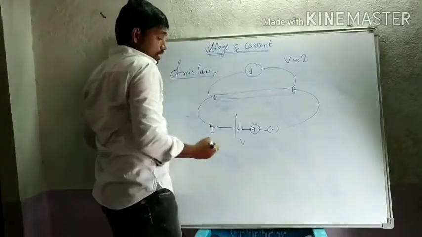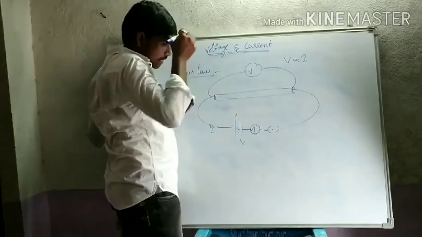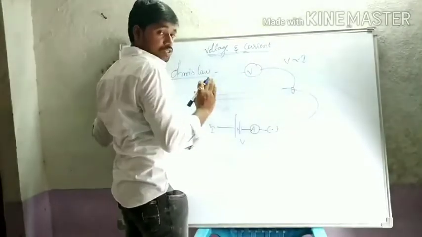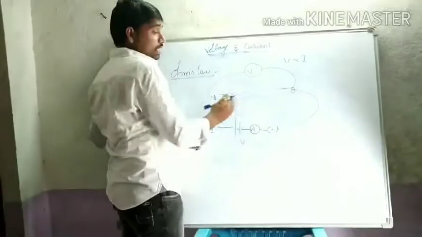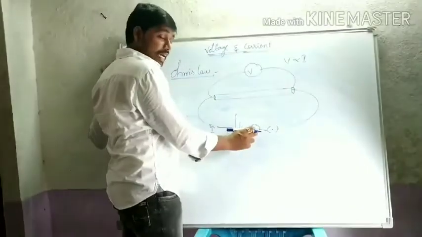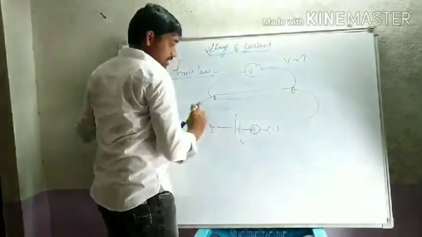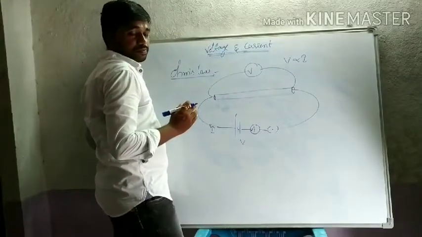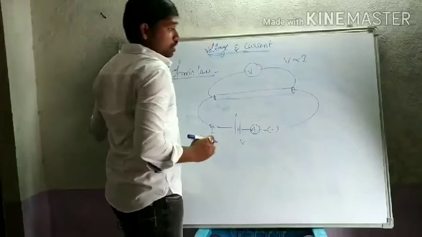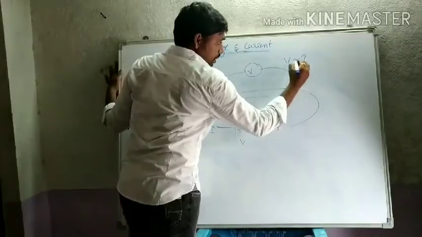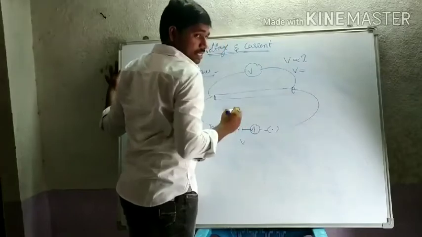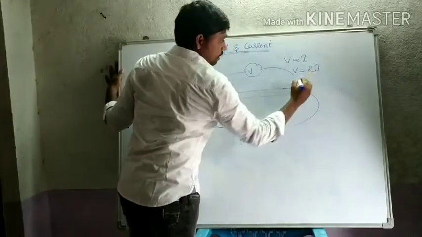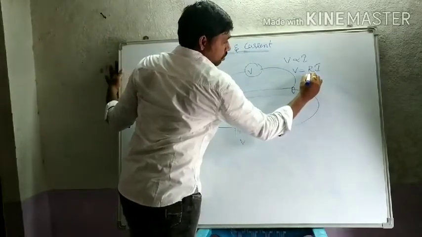So here the ammeter is used to measure how much electric current is flowing through the conductor, and the voltmeter is used to measure the potential difference across the conductor. The ammeter is always connected in series with the circuit. The voltmeter is connected in parallel to the circuit. When the proportionality is removed, V equals a constant, called resistance, into current. So voltage is equal to resistance into current.